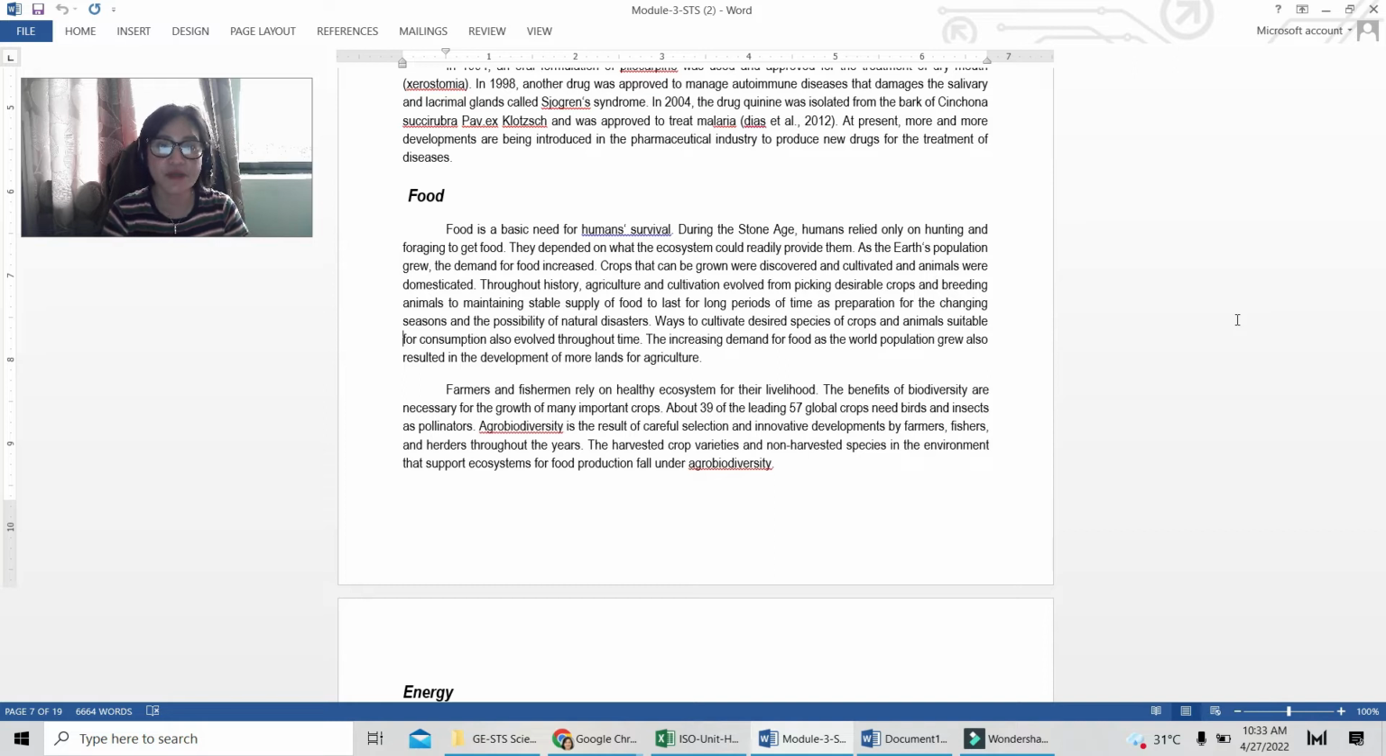And then throughout history, agriculture and cultivation evolved from picking desirable crops and breeding animals to maintain stable supply for food to last for long periods of time, as preparation for the changing seasons and the possibility of natural disaster. If you were able to watch the ants nga title mo siguro to sa,